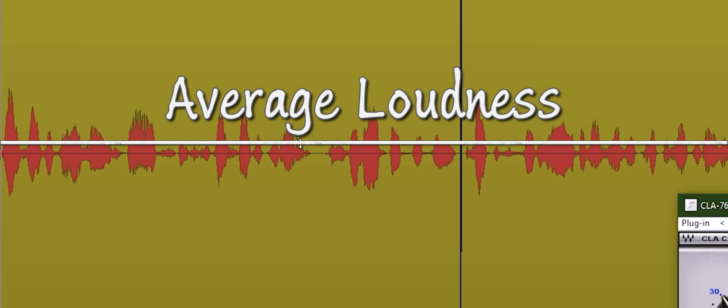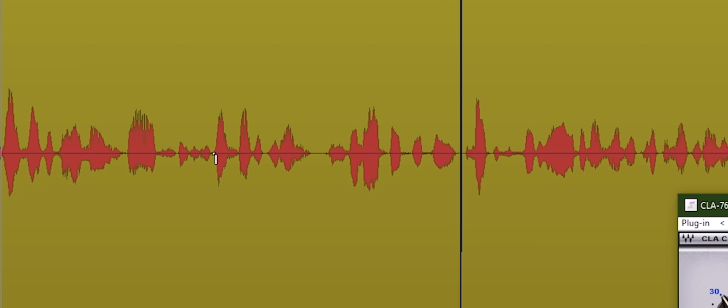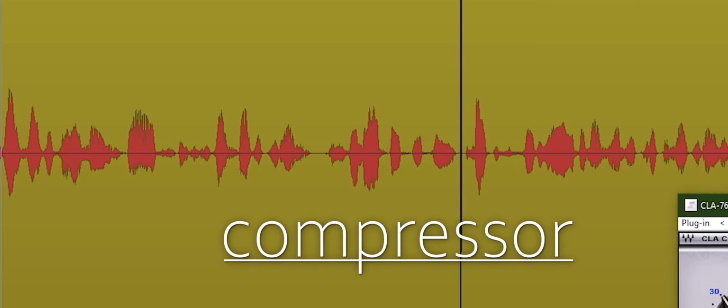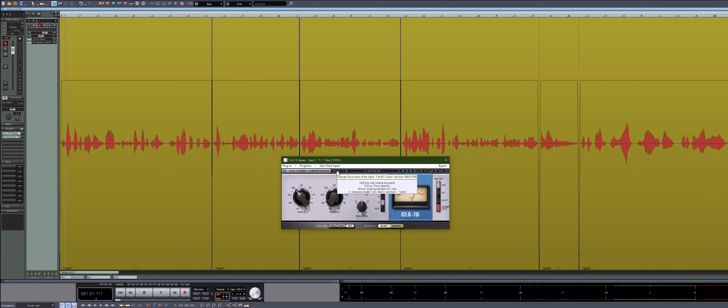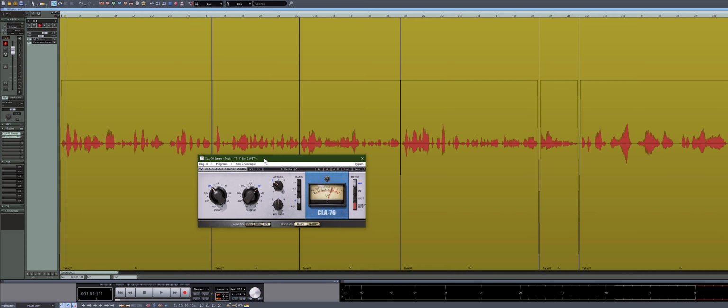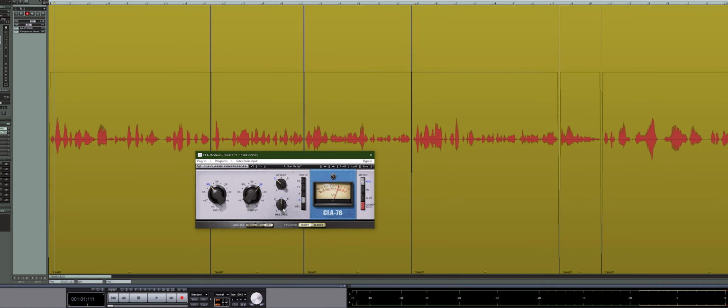So then you boost it back up. And what that is essentially doing is boosting the lows and compressing the highs. So that's all that a compressor does at its basic form. When I learned what a compressor actually did, I was pretty surprised that that's all it does. There are some cool, unique tricks that you can do with the attack and the release, which